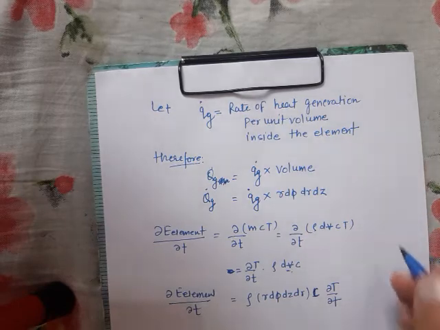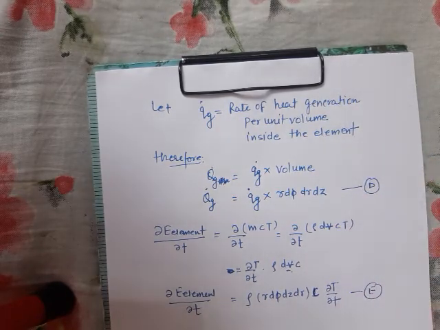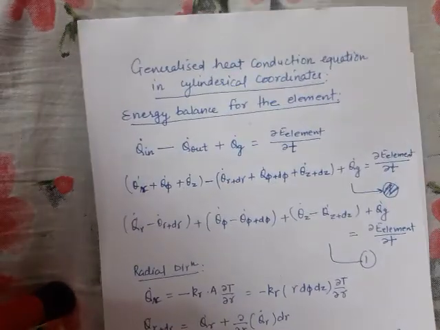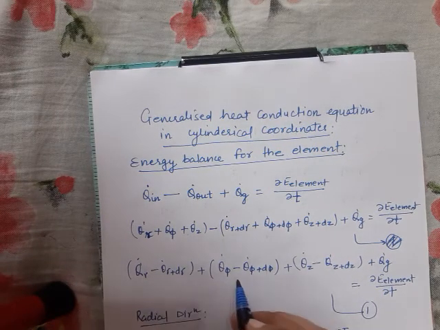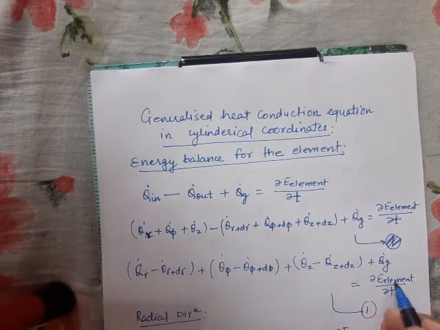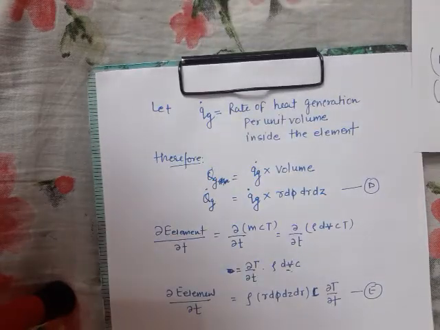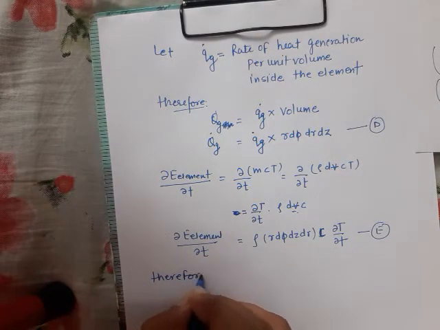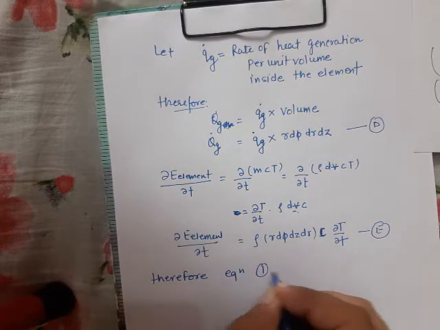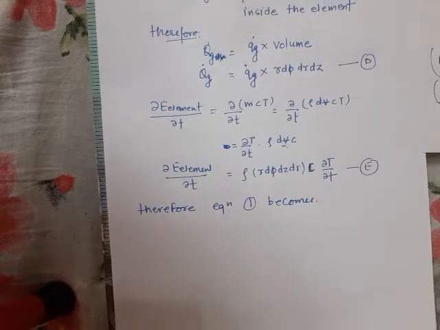Now we have this equation as equation D and this equation as equation E. Now we will club all these 5 equations with equation first. This was equation number 1, which we have already discussed. So this will come from equation A, this from B, this from C, D and E. We will club all the 5 equations into equation first, so that equation 1 becomes, it will be a very lengthy equation.